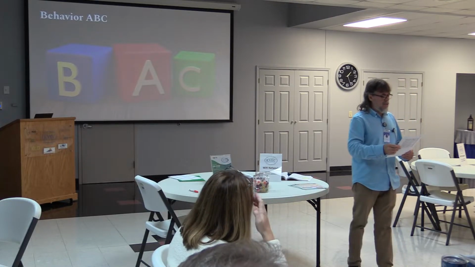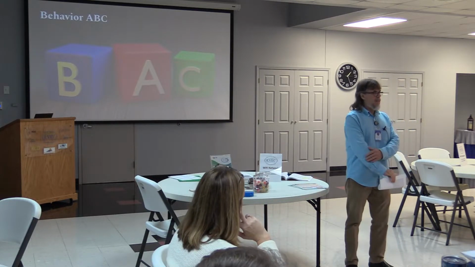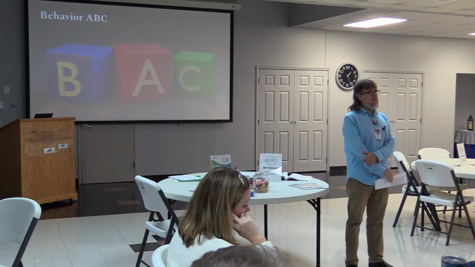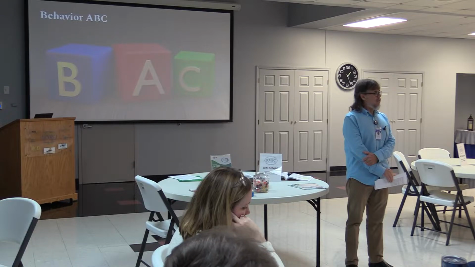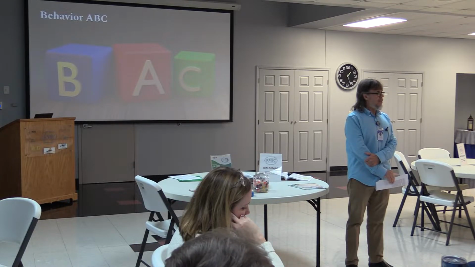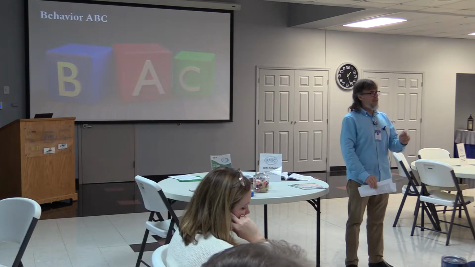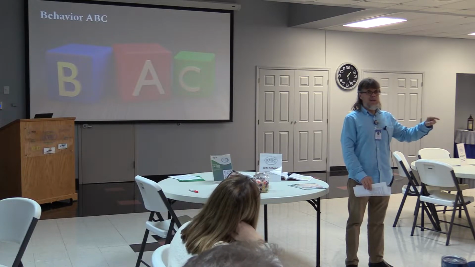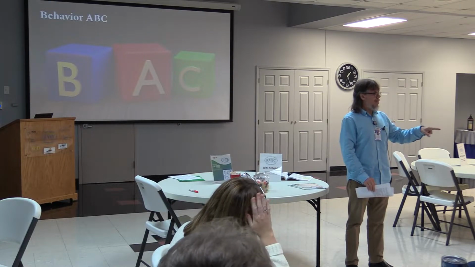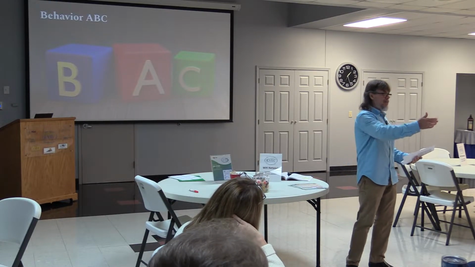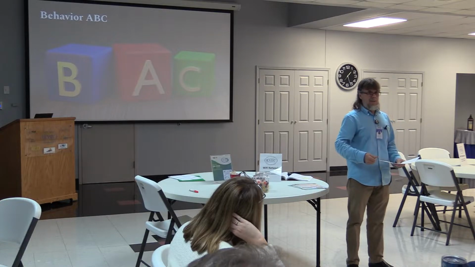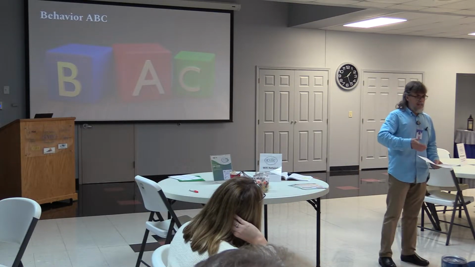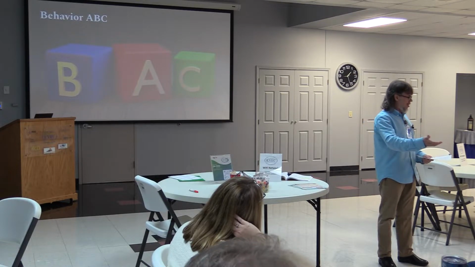Teacher at another student's desk helping them with their work. Okay, consequence could be Sarah throws a book on the floor. That's a behavior. Why did she throw that book on the floor? Because the teacher was at another desk helping another student. So that could be an antecedent. It could also be a consequence too. I throw the book on the floor, as soon as I do, the teacher comes over to me. If that was the case, that's how they responded to the behavior, then that's the consequence.